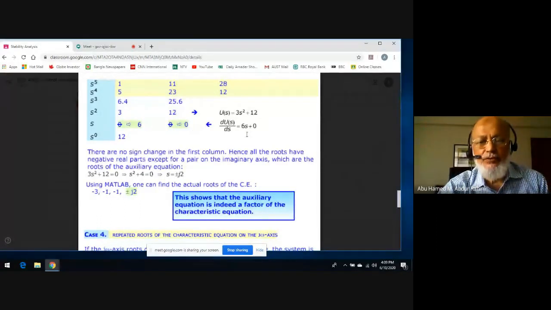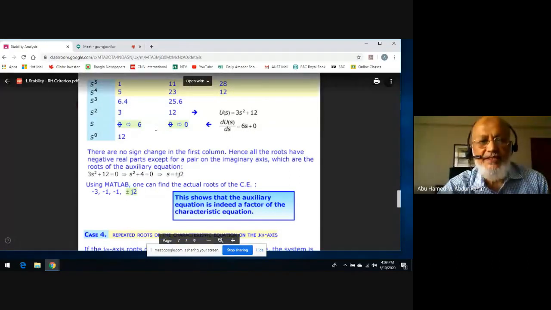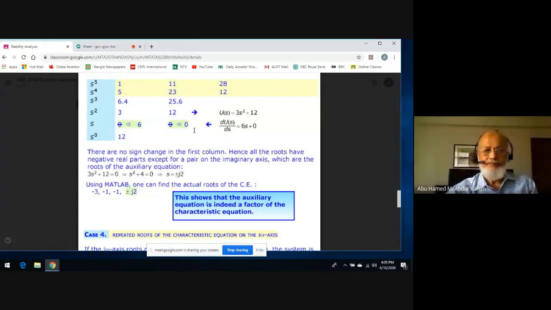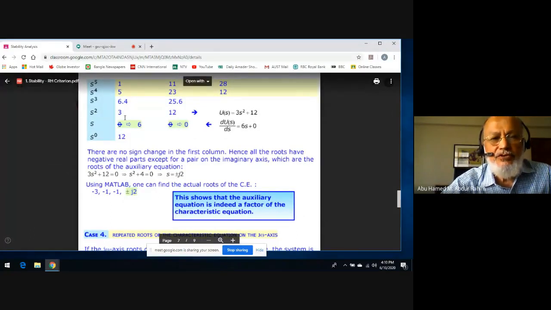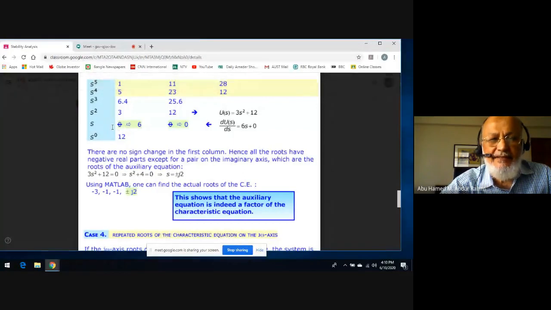Okay, so we get dA/ds is 6s plus 0. So coefficient of s is 6. So instead of 0, we put 6, and the other one is 0. Take a little breath. Okay, so once we get this, we continue now. So forget about this. You can have your eraser, erase this 0 off completely. You erase it or replace it by 0 or just leave it there, doesn't matter. So erase the whole thing and you don't have to show the arrow and so on. I did show you for you to understand.